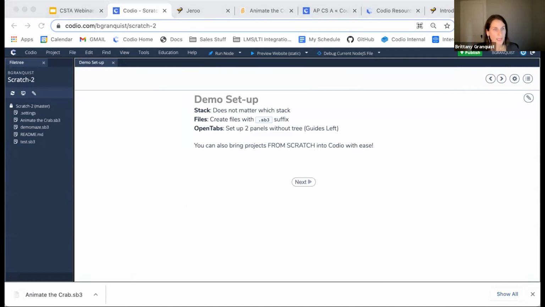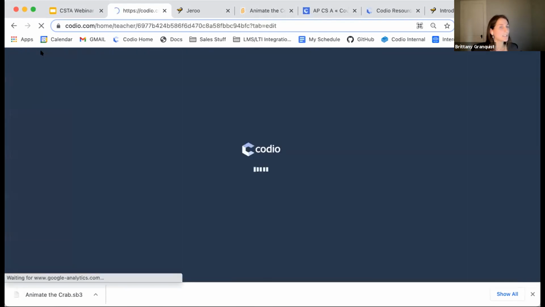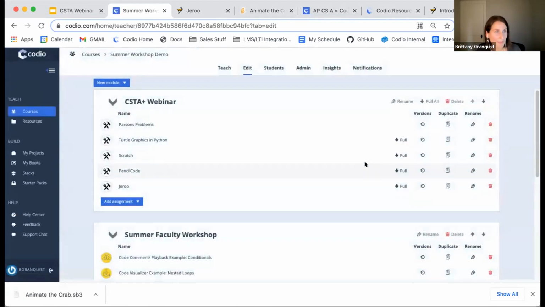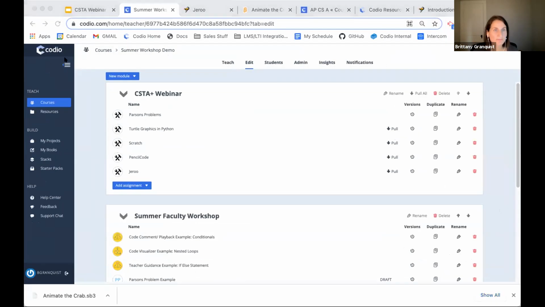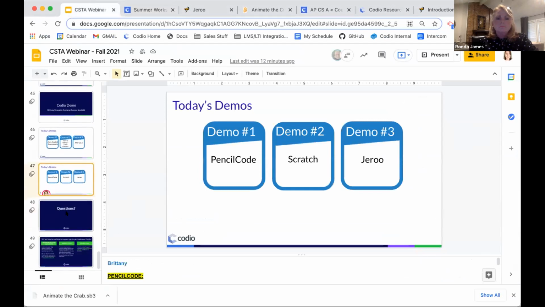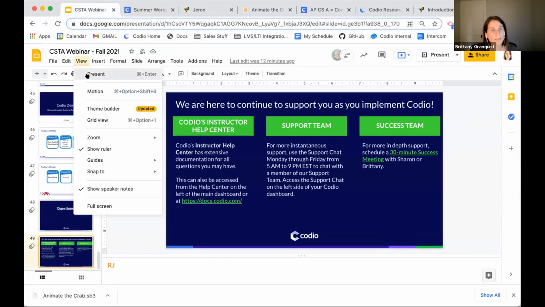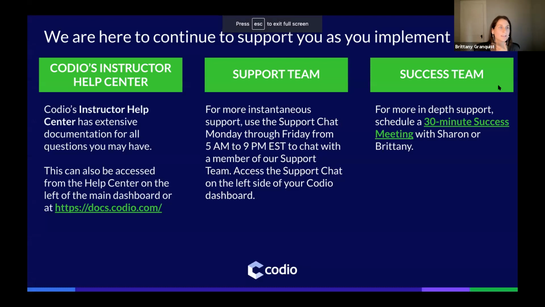So again, there's a lot that you can do in Codio. RJ also mentioned that if you want something in Codio, just like the folks at Arkansas said, they said, we would love to see Pencil Code in Codio. We made it happen. So there's a lot of different possibilities here in Codio to infuse what already exists as a really high performing learning platform with some of the best tools in computer science education. So with that, I'm going to hand it back to RJ and she'll conclude the webinar for today.